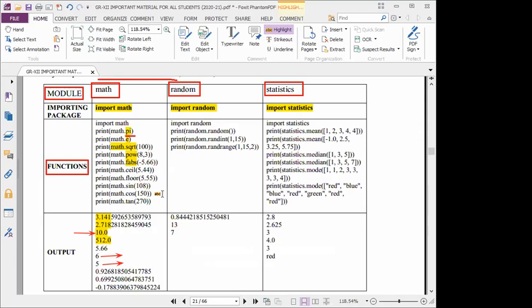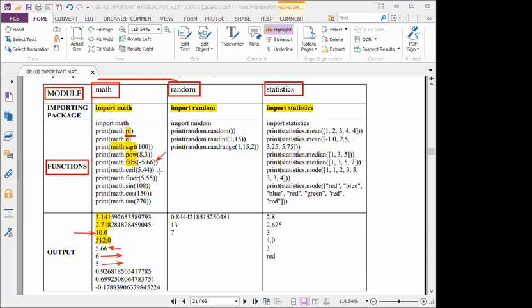Inside the given example is minus 5.66, but the answer is just 5.66. It will return only the absolute value, removing those symbols. That's all.